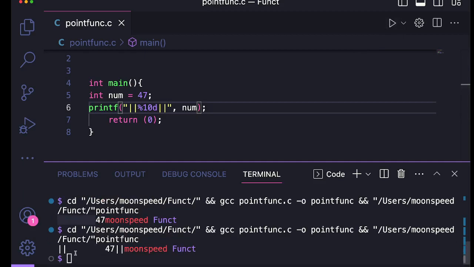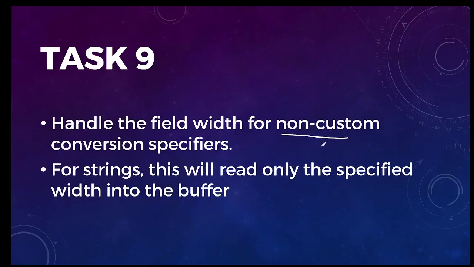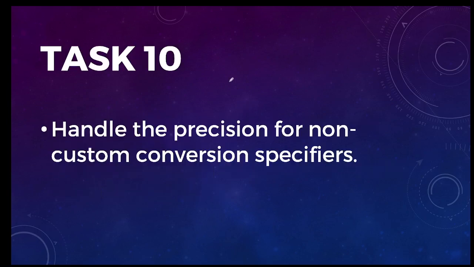You're going to see this long space in front of the number. This is what is referred to as the width. So in your code, you're supposed to say that if you see this number for the width, assign this so and so number of spaces. The width also works for strings as well. All right. Then task 10 says that you should handle the precision for non-custom conversion specifiers, and I explained